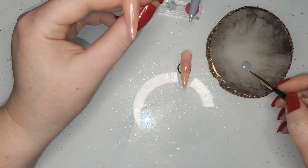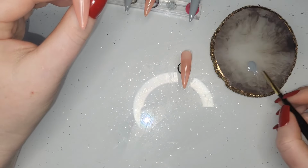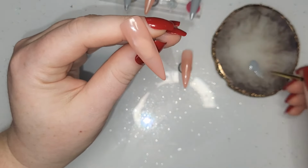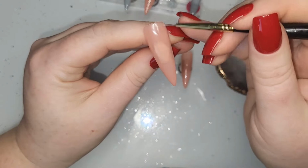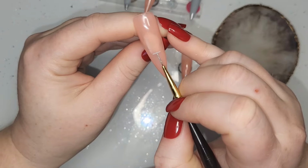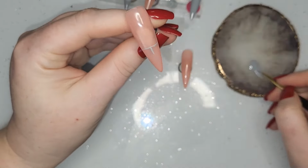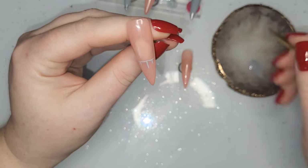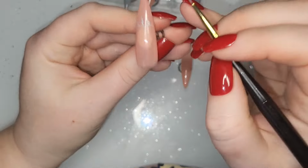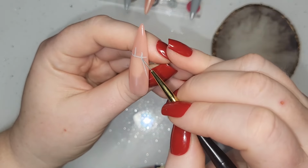So I've grabbed the ultraliner brush from Madam Glam again, and some of that Grey Skies on my palette, and I'm just going to do a lovely deep French nail. And I don't know why I haven't sped this up faster, because I look like I'm faffing quite a lot. But I'm just making like a T, so I'll draw a horizontal line where I like how deep I want it to be, and then mark where the middle is, mark either side of that near enough in the middle